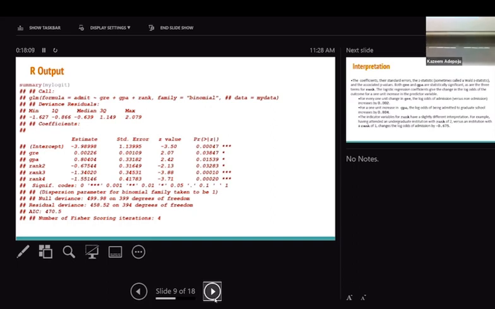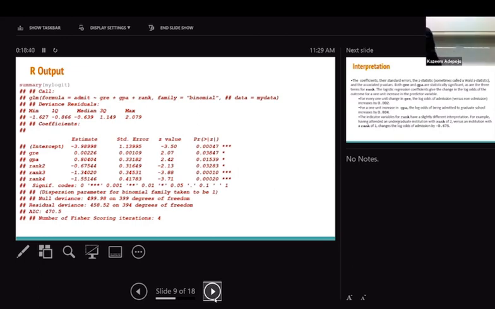If I want to talk about rank 2, I'm going to talk about it relative to rank 1. If I want to talk about rank 3, it has to be relative to rank 1. Every rank that I'm going to talk about in the table, I'm going to be relating to rank 1, which was the reference. Does that make sense? You're going to see the way I'm going to interpret that. When you have a result like this,